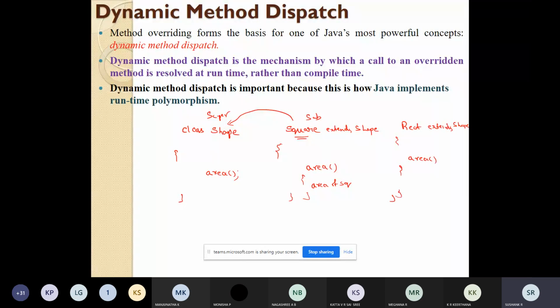It will compute the area of a rectangle. Similarly, I can create a class called triangle which will inherit the features from shape and have a function called area. It will compute the area of a triangle.